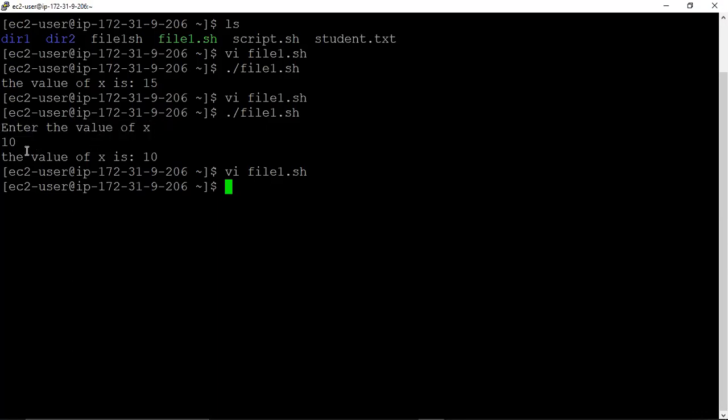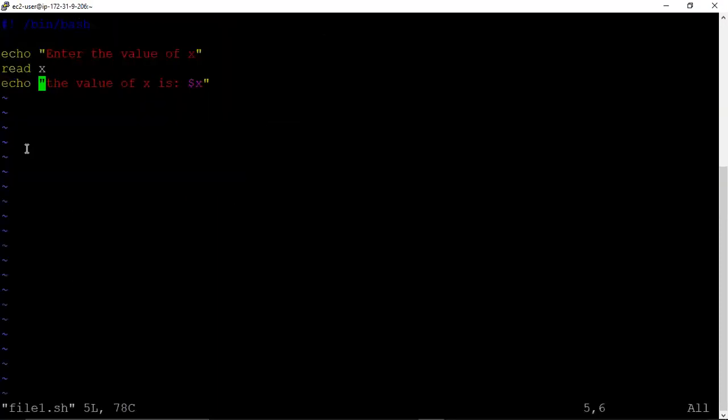In that case, what do we do? See here, we are going to use the read command in a different way.